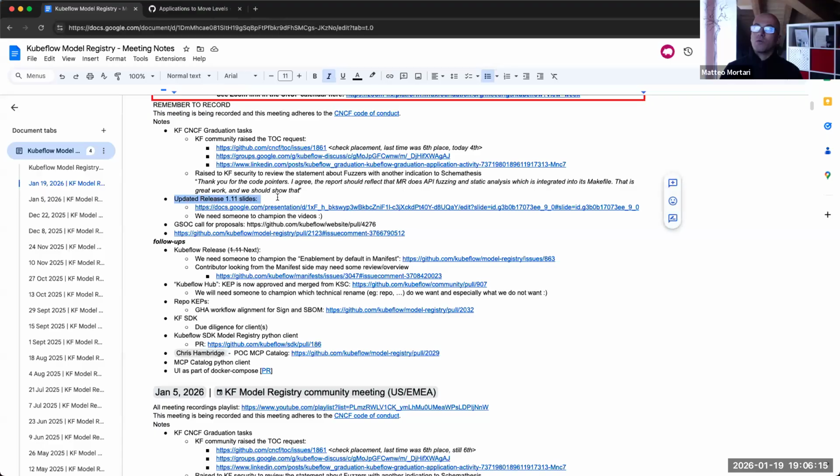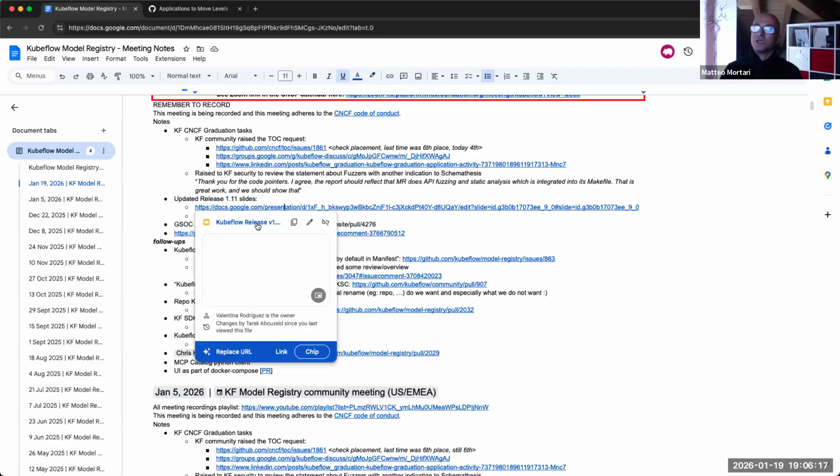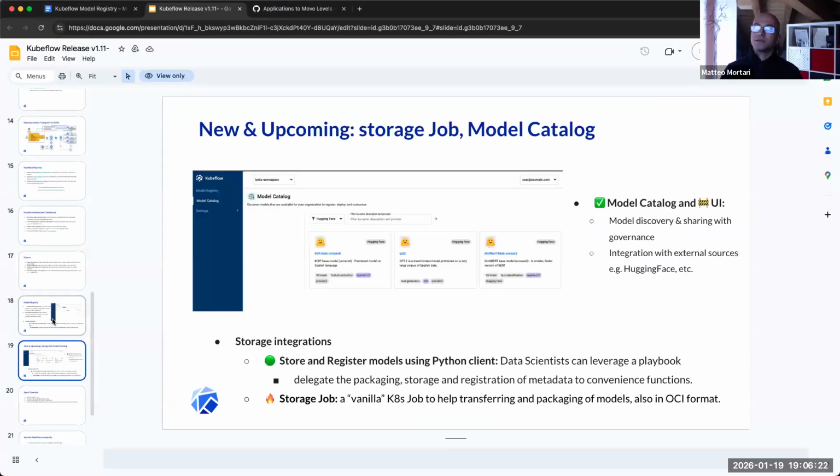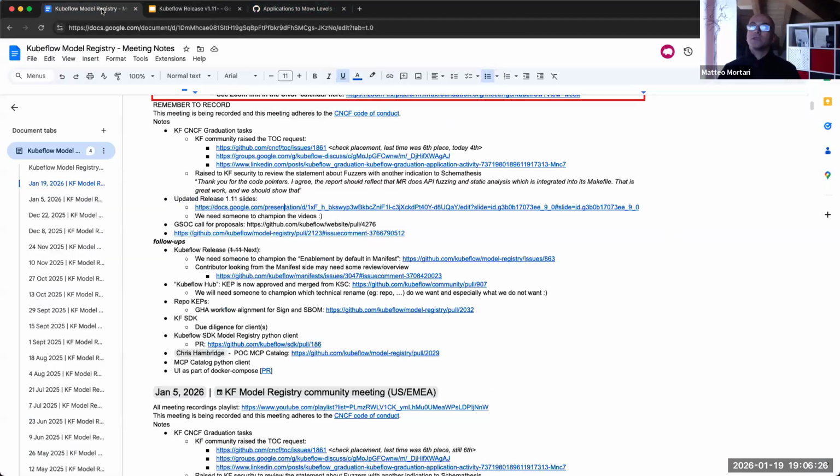For the release 1.11 slides, we have put together a couple of slides that are now finalized, number 1 and number 2, as we discussed last time. So the call to action is that if somebody wants to provide a video for a specific feature, we discussed in detail in the release meeting how this should work. The demo should definitely be less than 10 minutes, possibly 5 minutes, only highlighting the overall things. It doesn't have to go into much detail.